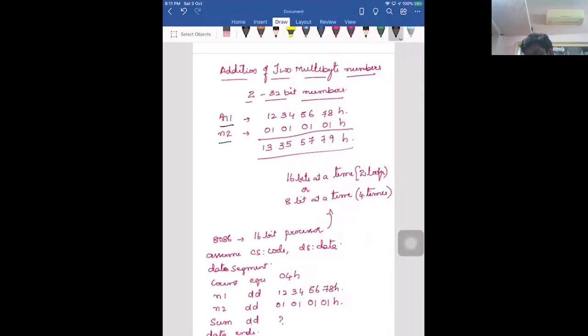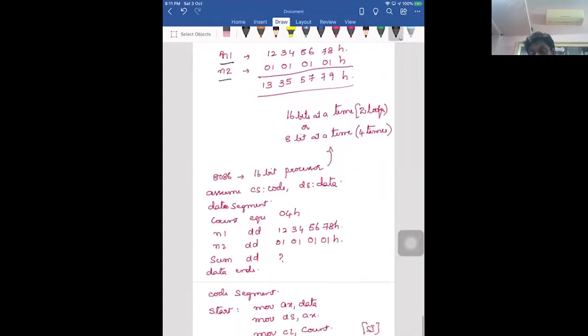As we have already discussed, while we are adding two 32-bit numbers, as it is a 16-bit processor, I can add 16 bits at a time, which takes two cycles, or 8-bit addition can be done, that is, four times.